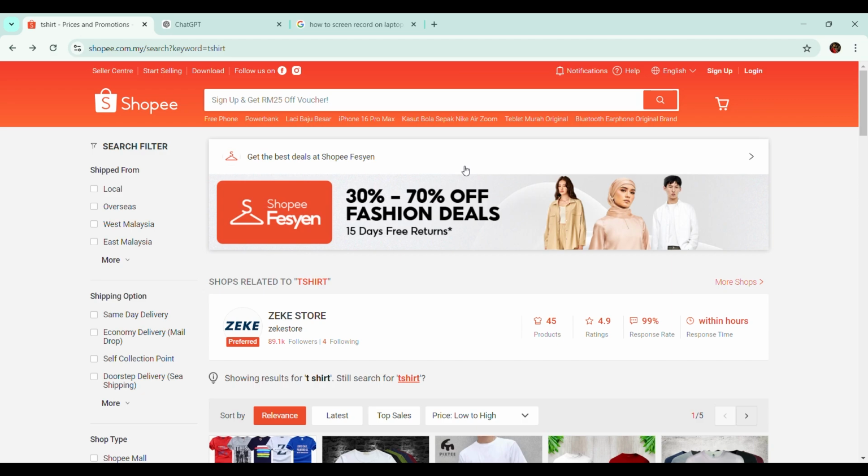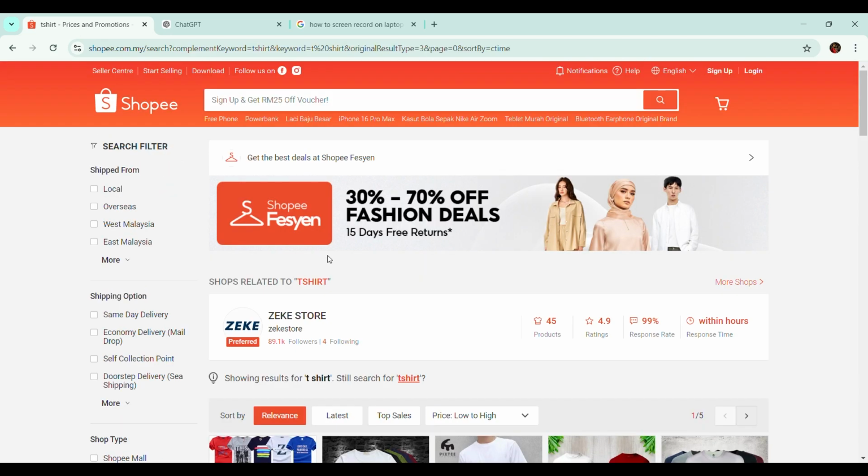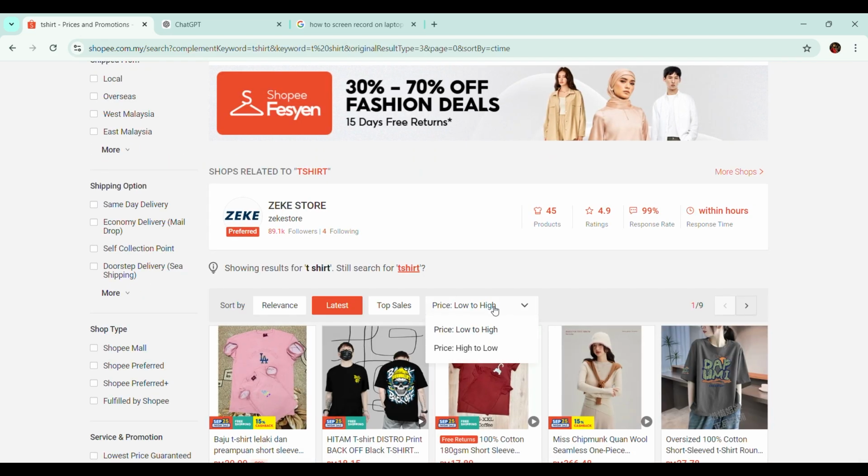And then thirdly, do you find the layout of product categories intuitive? How can it be improved? That means product categories like, let's say, latest, top sales, price low to high. These are examples of categories for the Shopee app products. And is the layout intuitive enough to the user, or if not, how can it be improved? So I would like to have the users send their feedbacks.